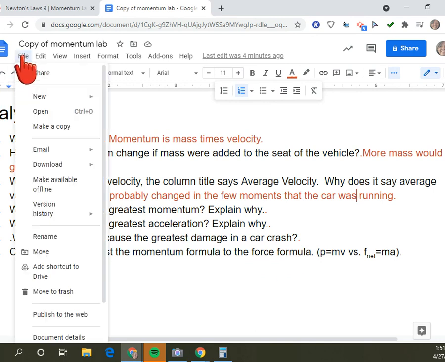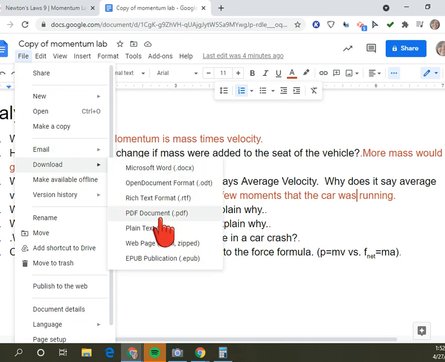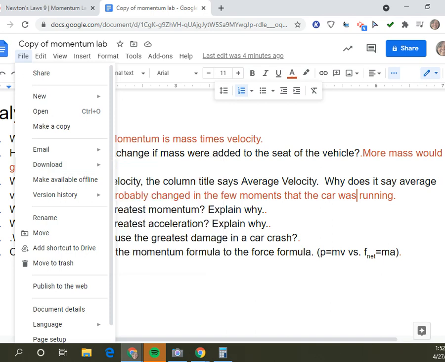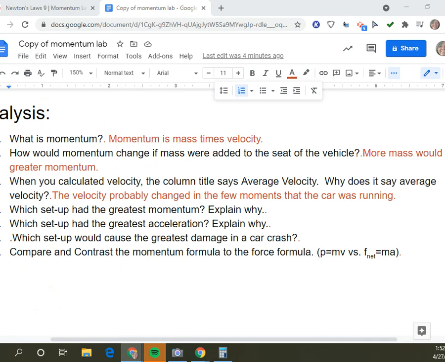And then when you're done, you're going to say File, Download as a PDF. And you're going to submit that PDF to today's assignment. So hopefully you can get that